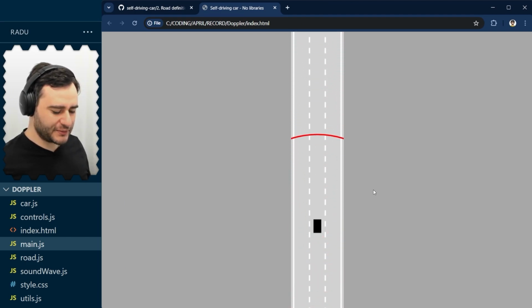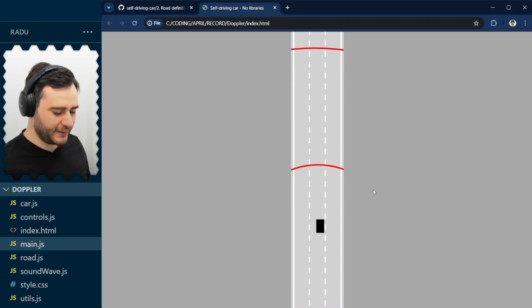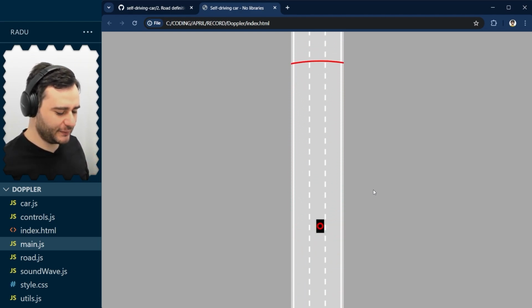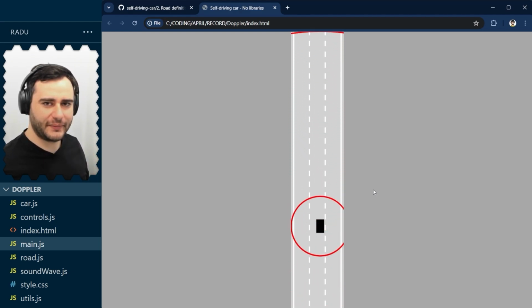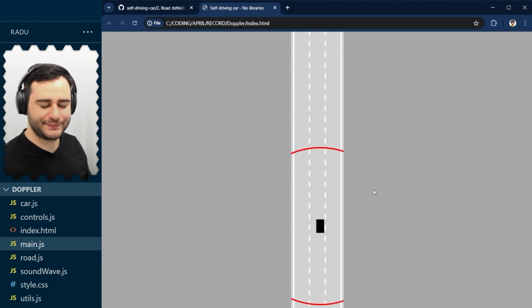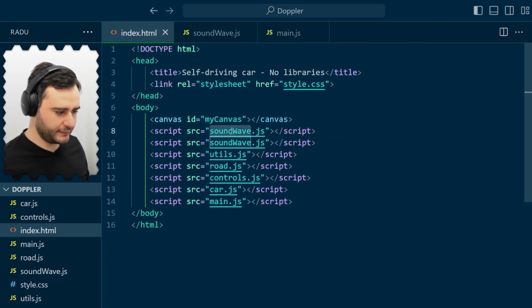And you can see those pulses appearing there already. Nice. And they start always where the car is. So this works already. But we need to somehow pick up those sounds, figure out that we need to play a sound then. And we'll do that by implementing a kind of a microphone object that detects when the sound wave hits it. Let's go back to index.html and import a new file,